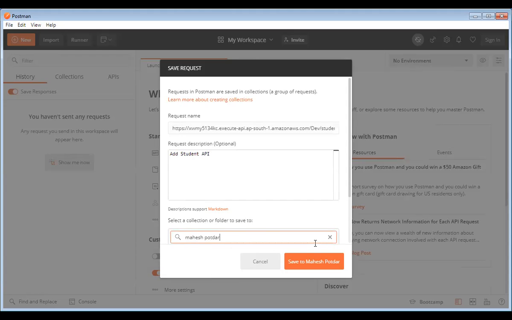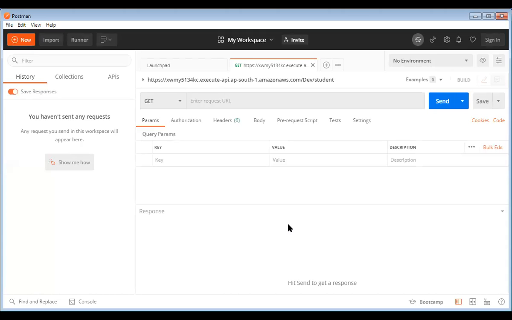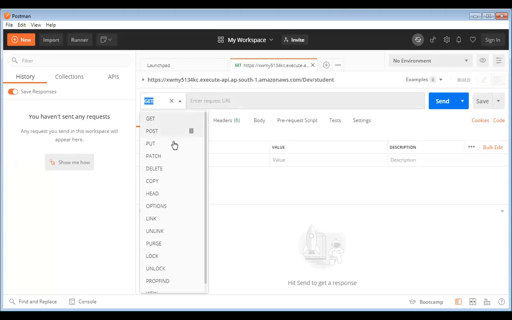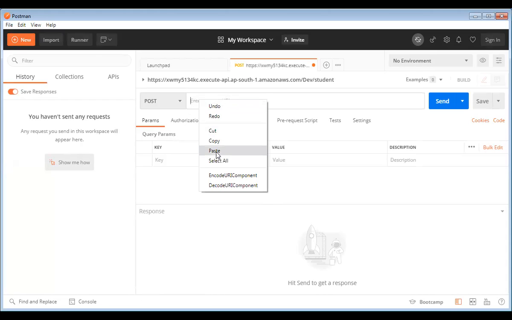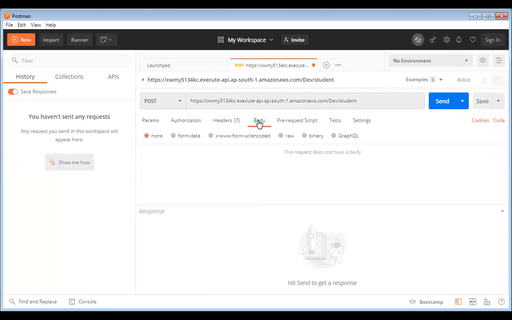Select the folder and save the request in my folder. Here our method is POST. Paste the link, select the body, and through the body provide the data.